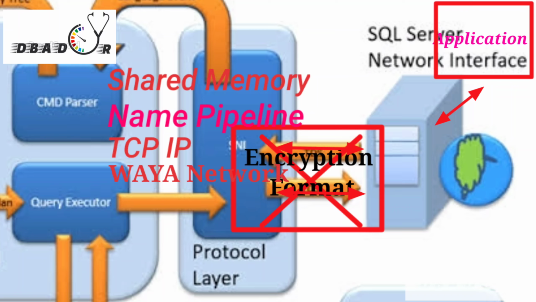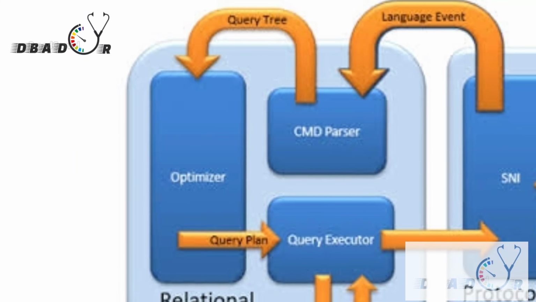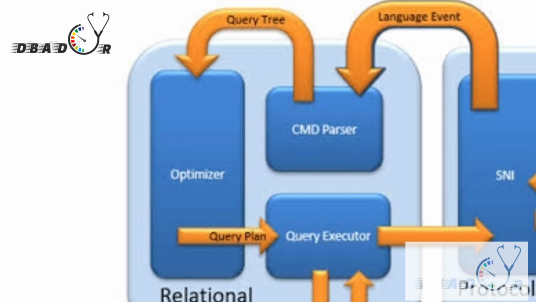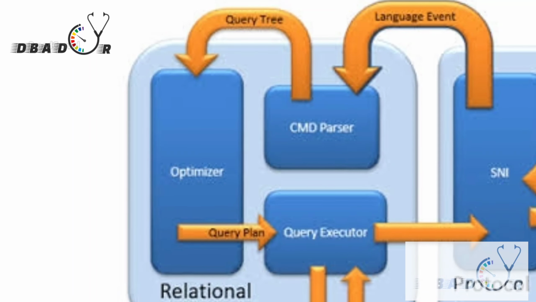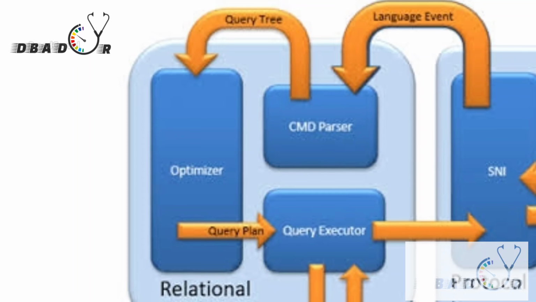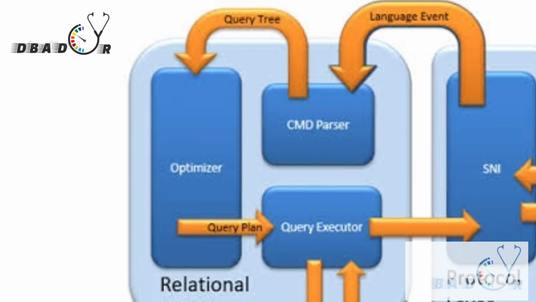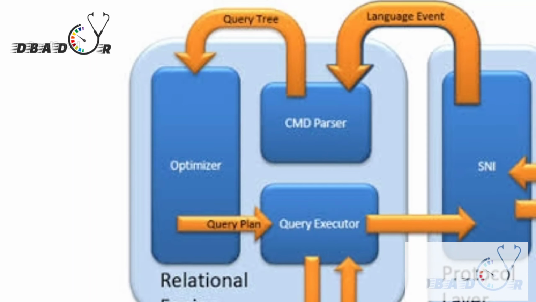Once the connection is established, SQL Server checks and it moves to the language event. The language event will share the statement with the command parser. What the command parser does is check the query, whether it is a select statement or whatever statement, and whether the query is written properly. Like syntax, it will first verify. Other than syntax, it will verify semantics. Semantics means that the table is present, the database is present, all those things it will verify, and later it will move to the optimizer.